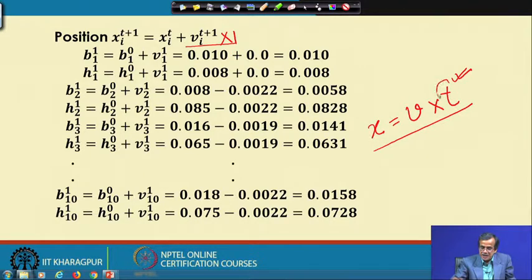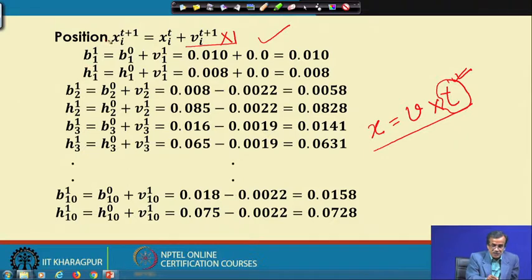So, t indicates here nothing but the iteration number, and truly speaking x i at t plus 1 is nothing but x i at t plus v i with respect to t plus 1 multiplied by 1. So, this is the formula by which we will find the updated position.